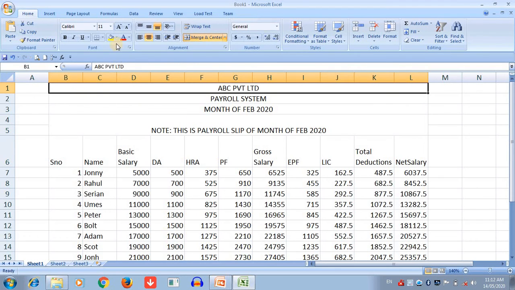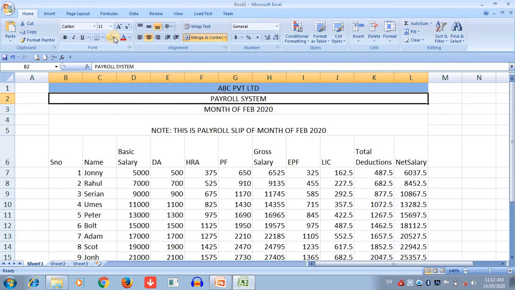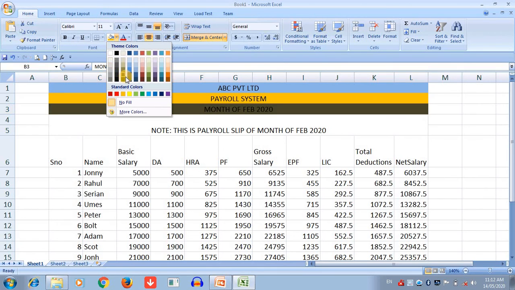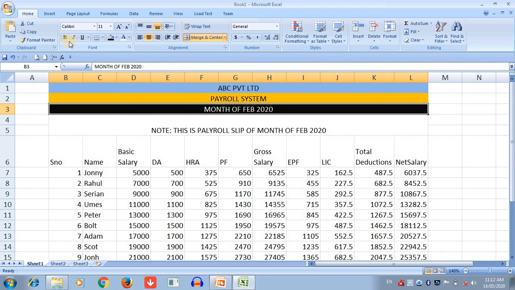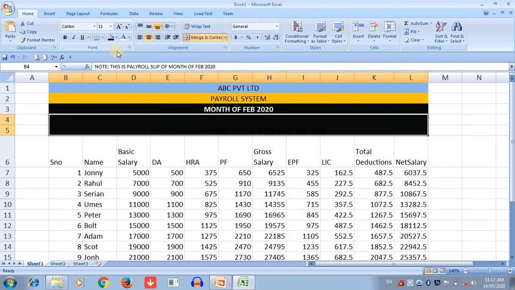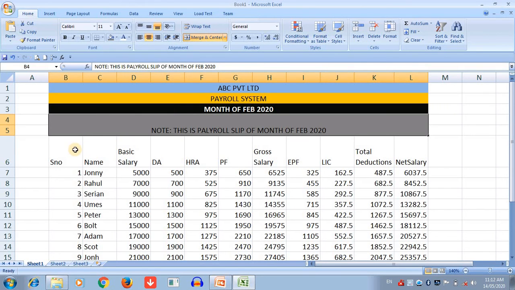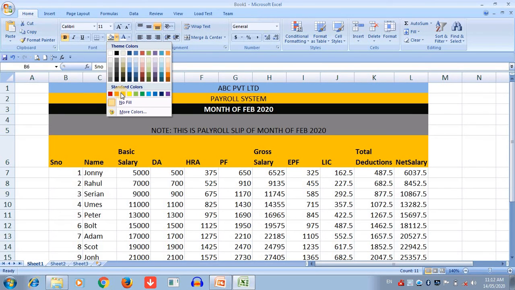Now we can decorate it here. This is the bold. Here now we can use it. Basic salary. Now we have to include bold with the color.